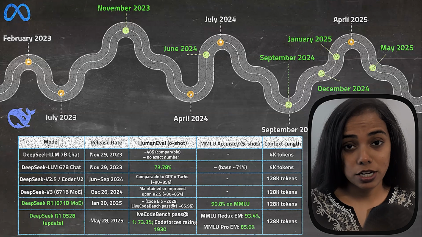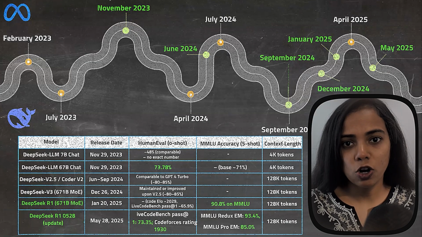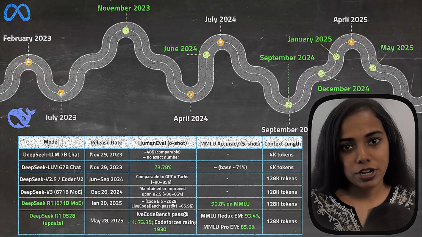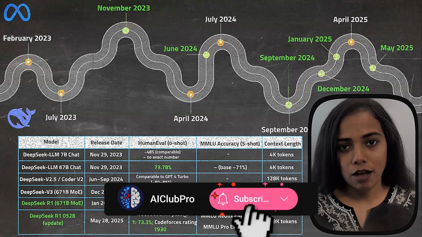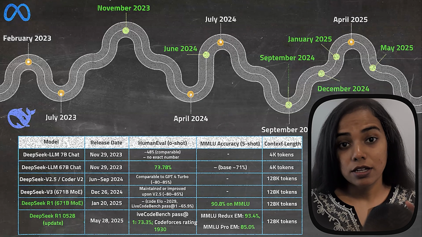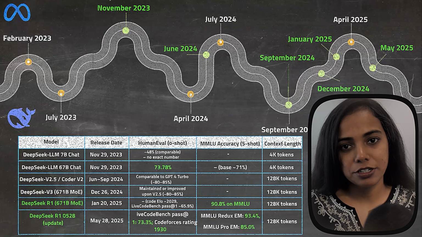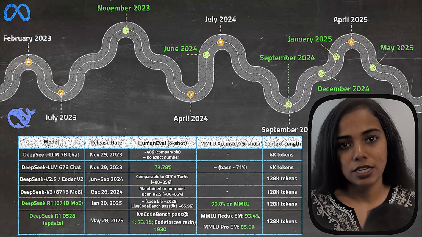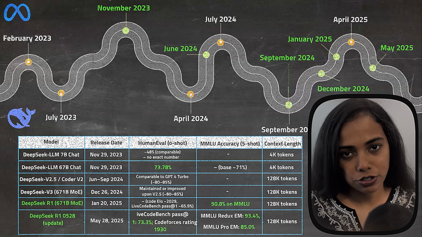In terms of architecture, DeepSeek's architecture closely mirrored LLaMA's transformer decoder structure. However, DeepSeek later evolved significantly by adapting a mixture of experts design, allowing it to massively scale parameters while keeping inference efficient, unlike LLaMA's dense model structure. So that's a summary of the releases from DeepSeek and its performance.